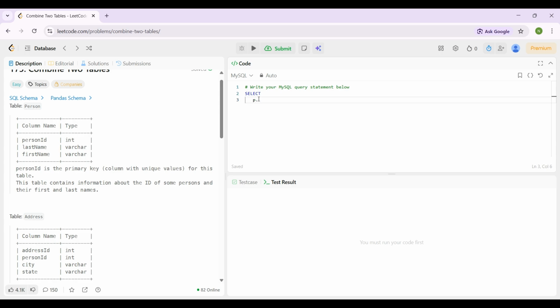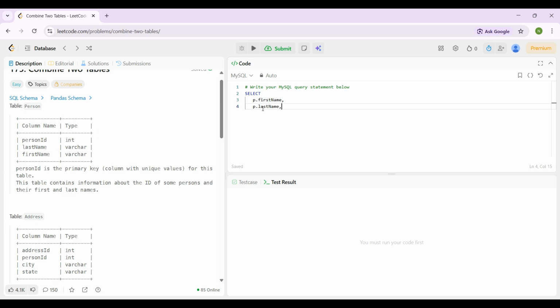I will explain why I have written p dot in later. First name, comma, and see here first name and next one is last name. Both belong to the same table, right? So I have written p